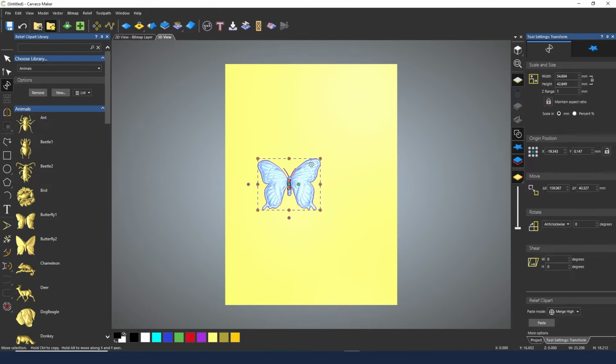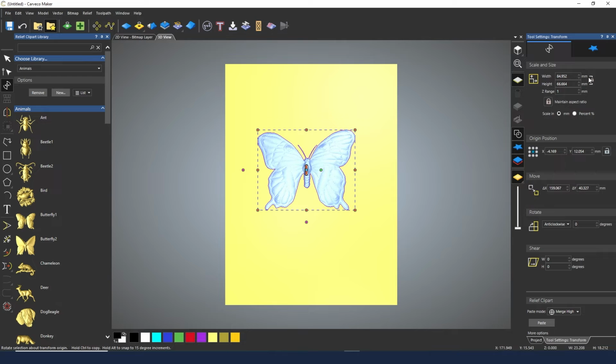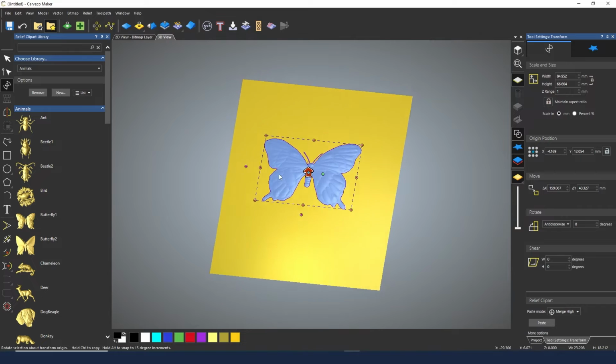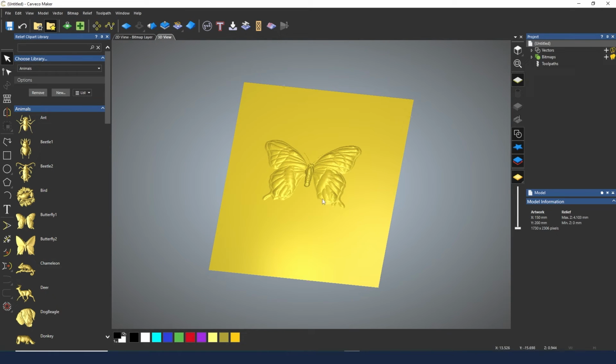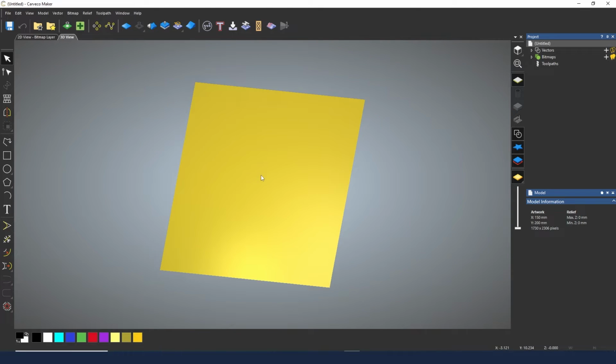You can use the anchor points around the outside to resize things, as well as the options down here on the right hand side. Now in this scenario it may be looking a little bit flat. If I rotate this around, we'll see this big red arrow, and we can adjust the Z height of it to really exaggerate the 3D relief carving. Once you have it in position, you simply hit enter and it will make it a permanent feature on your model area. As I say, this library is not really what we're covering today, so I'll undo all this, get it out of the way, close this library down and show you the other way to import